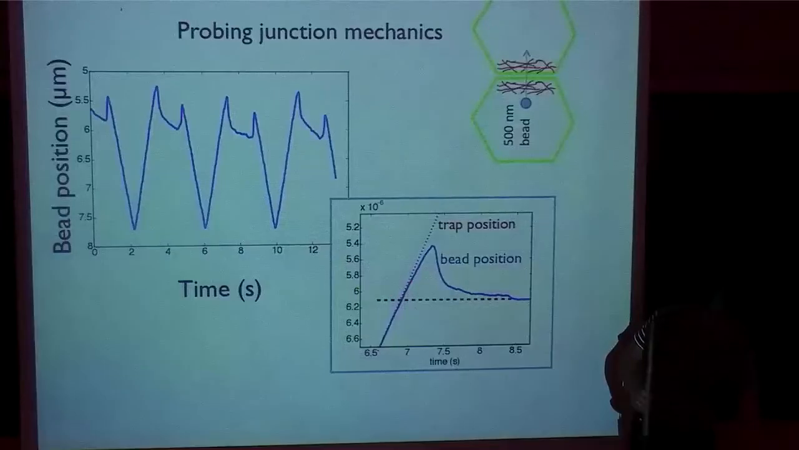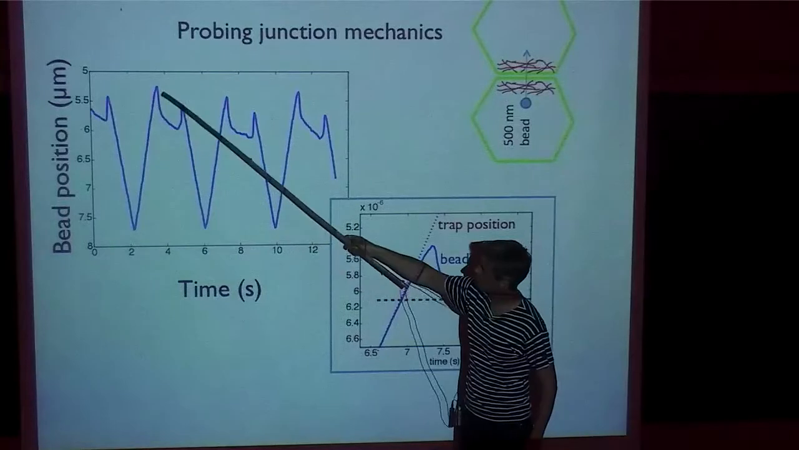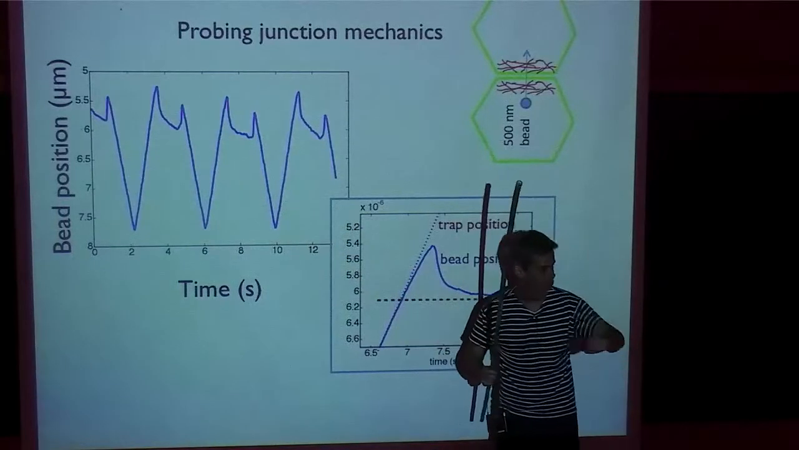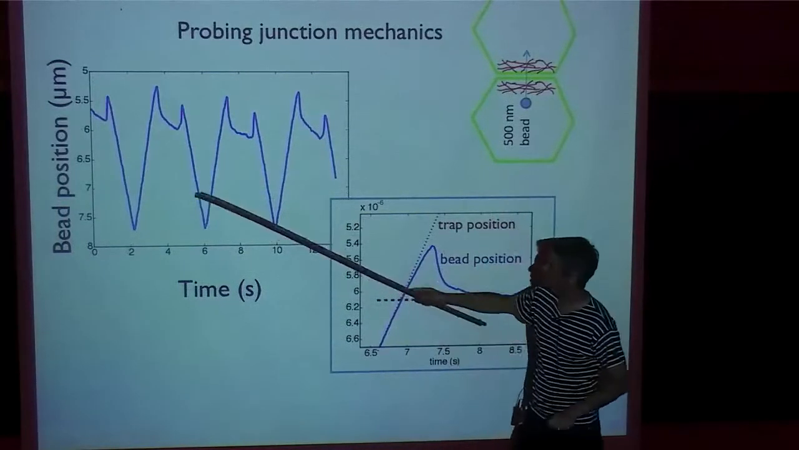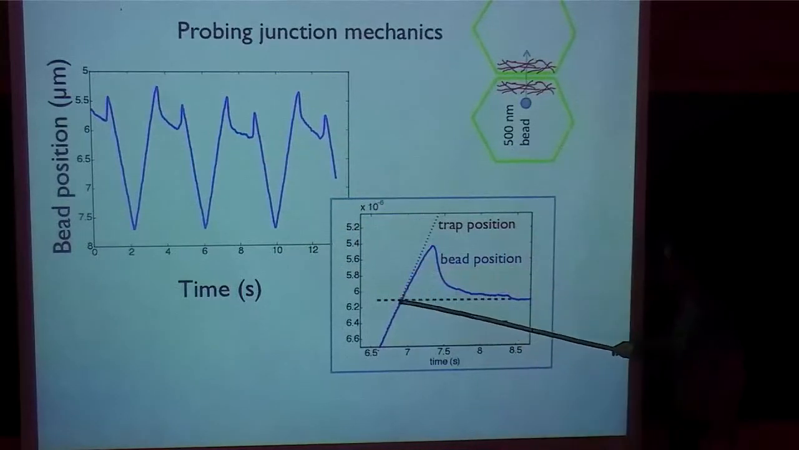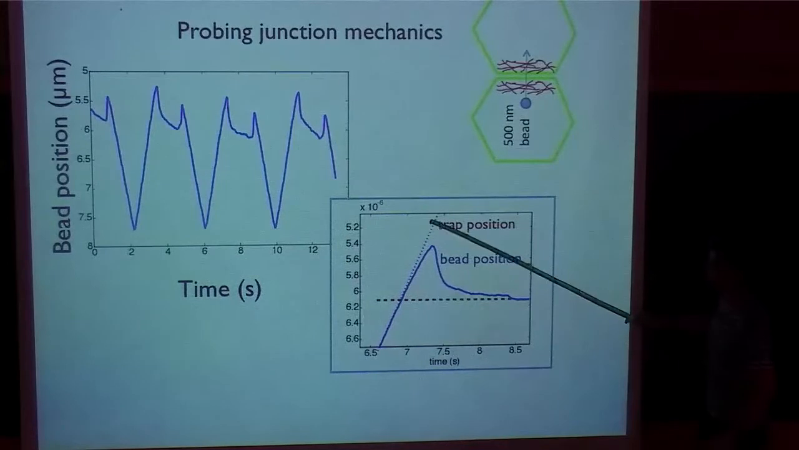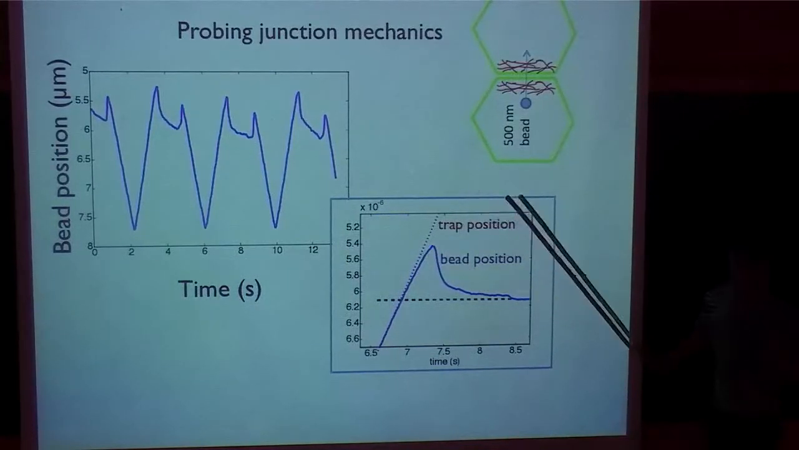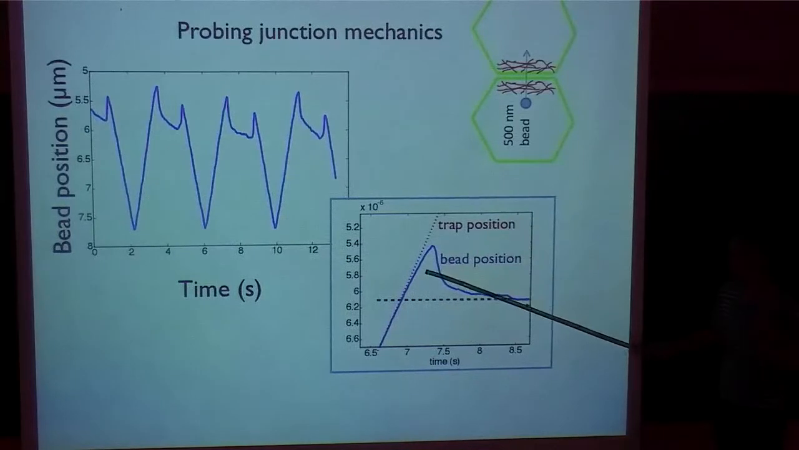Okay, so what we learn from this type of measurement, so this is the position of the bead with time when we do this pulling experiment. So this is the bead. It enters the membrane at this point. So the trap goes this way, but the bead doesn't follow. So the difference in position between the trap and the bead gives you the tension. So gives you the force